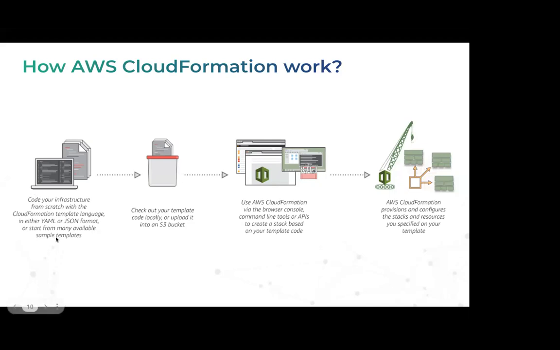Whatever you need to define, let's say you want to provision a Lambda and an S3 bucket, and not just provisioning the S3 bucket but what kind of configuration, the name of the Lambda, the runtime, whether you need Python or Java, the memory, and the IAM roles. That is the exact static syntax you define for the Lambda, along with the different configuration, in either YAML or JSON format. Once you have that entire file ready, you upload that file to S3.